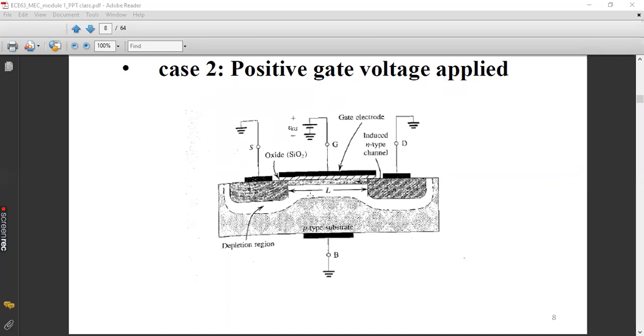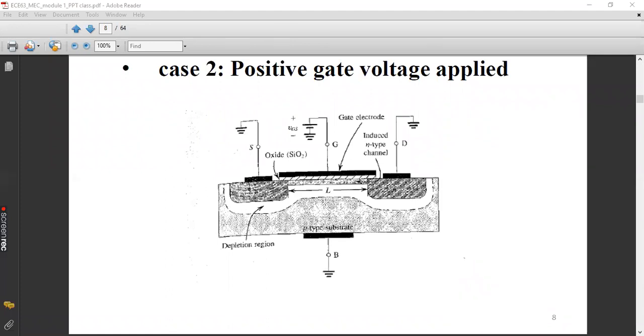These positive carriers in the P-type substrate will get repelled because of the positive voltage applied to the gate. Is that clear for you? To the gate we are applying positive, and in the substrate we have positive carriers. So these two will get repelled from each other, and because of which all the positive charge carriers will move down towards the body.